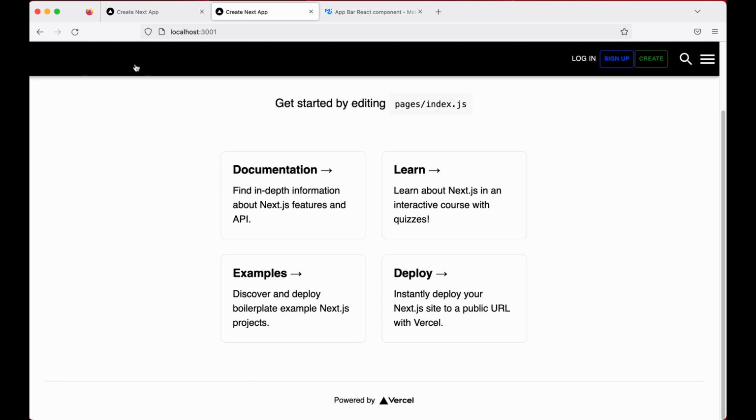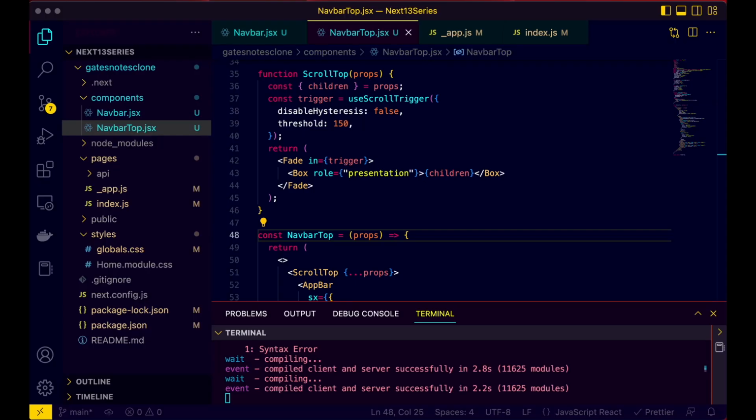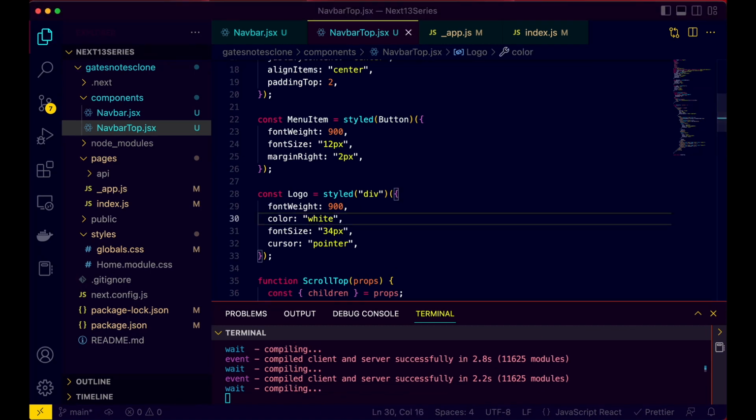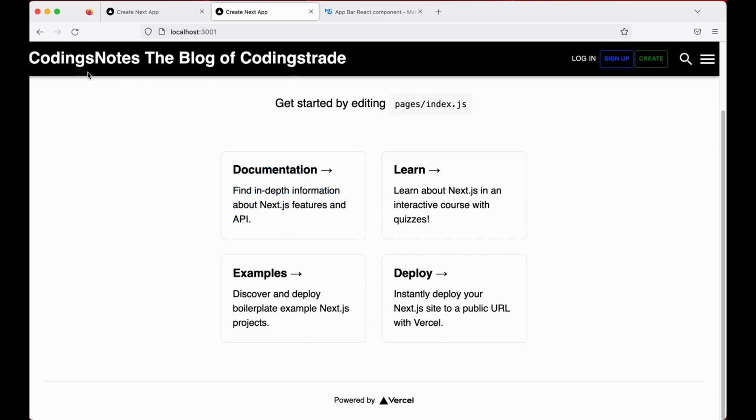But we can't see our text here because the color of that is also black. Now let's change the color of our logo. So I'll go ahead here and find the logo, and I'll say the color of this will be white, like this. And as you see, we got this big text here, but it's not looking good, so let's take